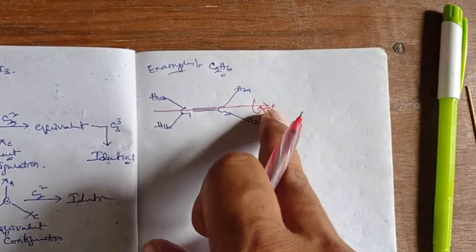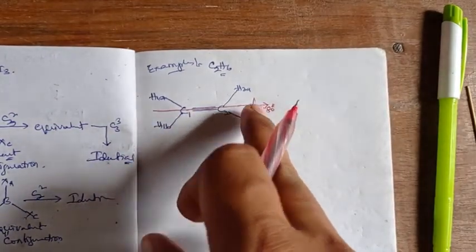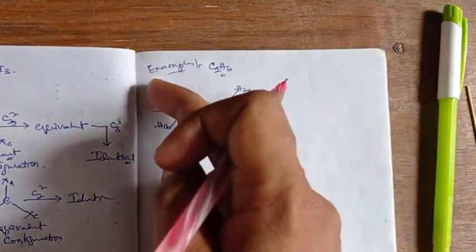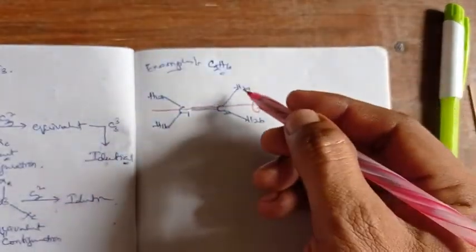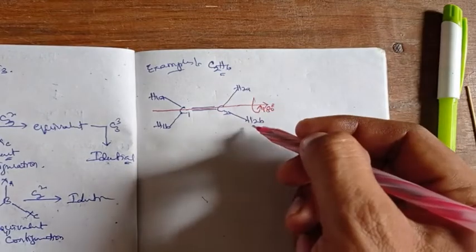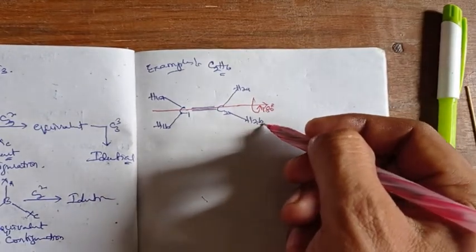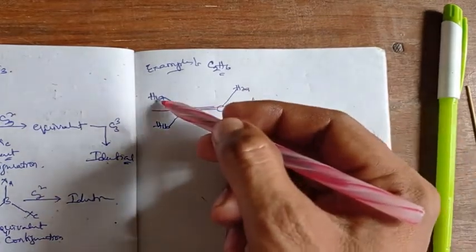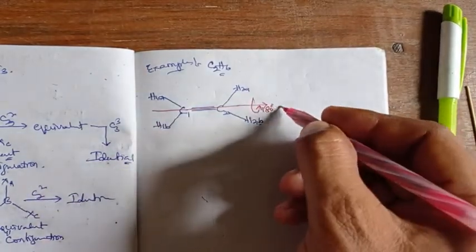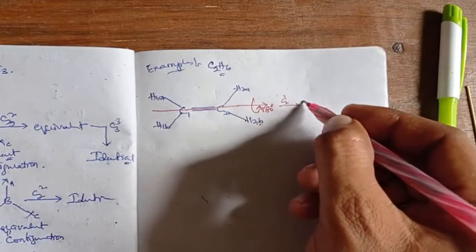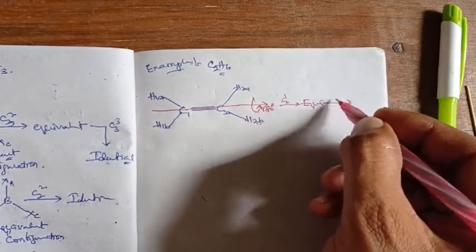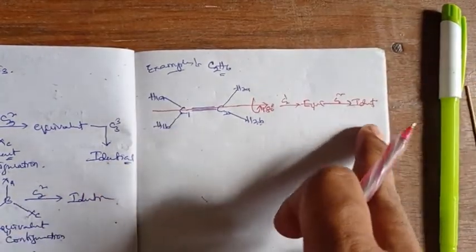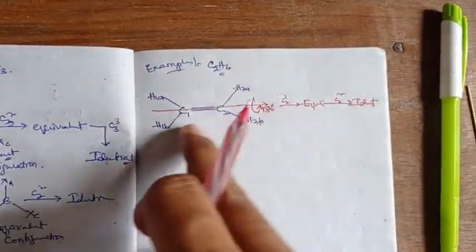Taking an axis through the carbon-carbon double bond, if we do a rotation of 180 degrees, what happens? Similar hydrogen atoms get replaced: H2A gets replaced by H2B, and H2B gets replaced by H2A. These two replace each other and these two replace each other. C2 first time is equivalent and C2 second time is identical. That's how the C2 rotational axis is possible.